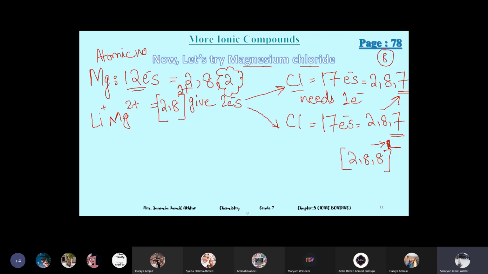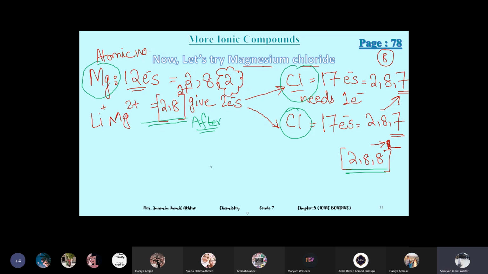Because if it is magnesium chloride, or for example sodium chloride, sodium fluoride, sodium oxide, magnesium oxide, or any other compound, you have to do rough work to check how many electrons will be given and how many will be received. So rough work is really important. Then you can draw the diagram, and the diagram will be easy. Here there is one magnesium, so you will draw one magnesium and two chlorines. The diagram will be after the transference, so we will draw the diagram for this complete configuration.